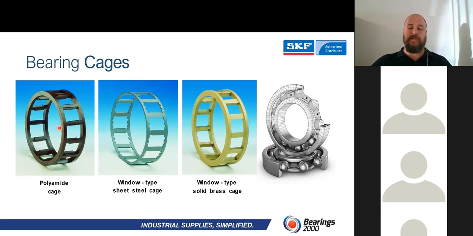If we look at units that have surrounding components that put out a resonance of vibration onto whatever your application is, we can look at going towards a stamped steel cage, which is a unit that can take moderate heat, moderate vibration, and ultimately we can move on to the brass cage, which is designed specifically for a high heat, high vibration application.